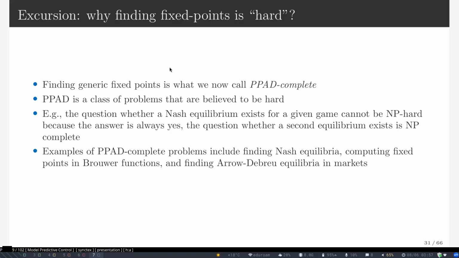There are other PPAD-complete problems. Again, finding a Nash equilibrium, computing fixed points of Brouwer functions, and so on. All of these things are really market economics things. And the equilibrium of Arrow-Debreu is a PPAD-complete problem as well. So if anyone is really bored and wants to study these things, I'm more than happy to work with them. They're so hard, I want someone else to actually understand it and tell me about it. Anyways.